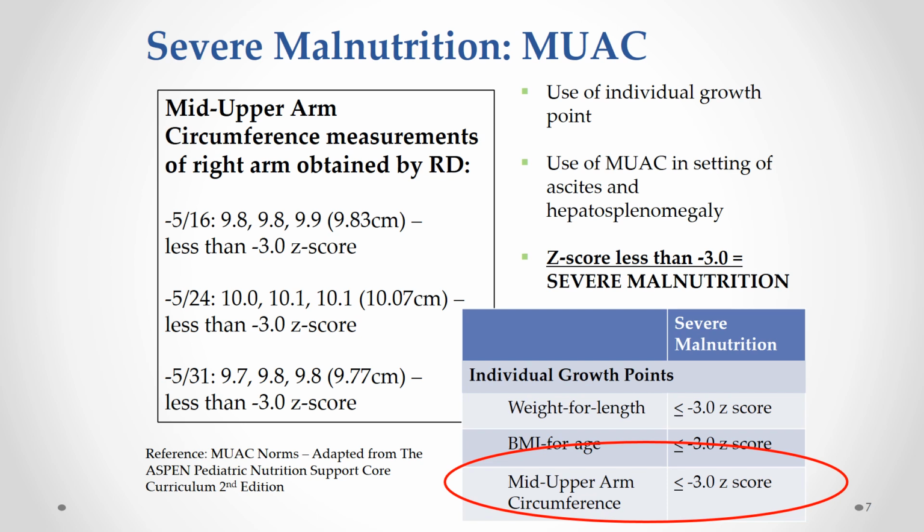When compared to the norms, the MUAC measurements indicated a Z-score of 3 standard deviations below the norm, thus meeting